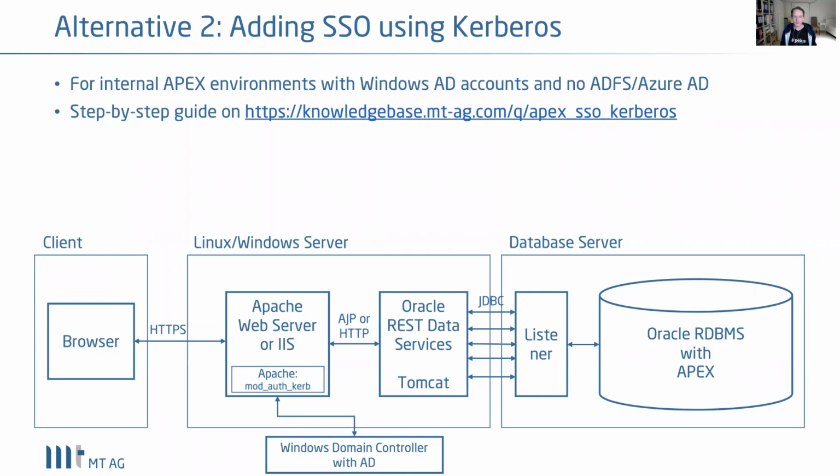And with that, it gets a Kerberos token. And this Kerberos token is being sent to the Apache Web Server whenever you access the Apex environment. And then in this case, Apache takes care of it to check with the domain controller if that Kerberos ticket is valid. And when it is valid, you get another Kerberos token. So that is then being sent for the next request. And then you're allowed to go further.